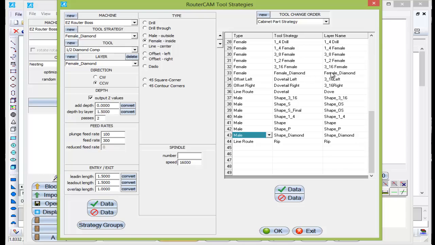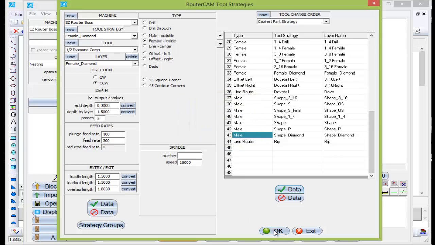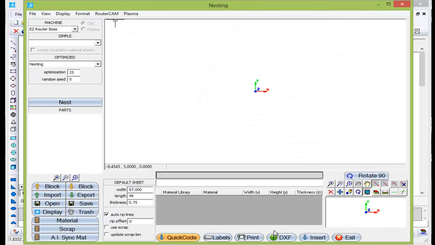It's going to cut that. Then it's going to skip through all these, find this one, and cut this one. I could put those 2 together if I wanted to, but it's going to work just fine this way. So I'm going to select save the data. And we have the data saved there, and I'm going to click OK. So that's the way you create new strategies. I appreciate your time, and